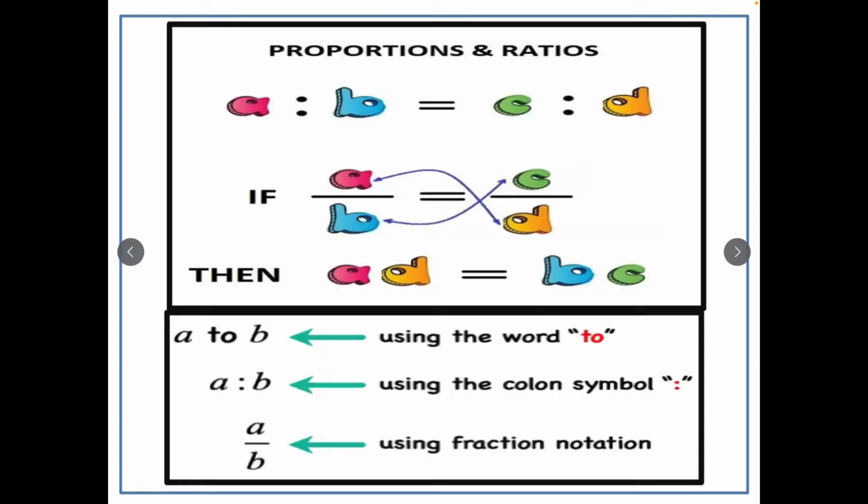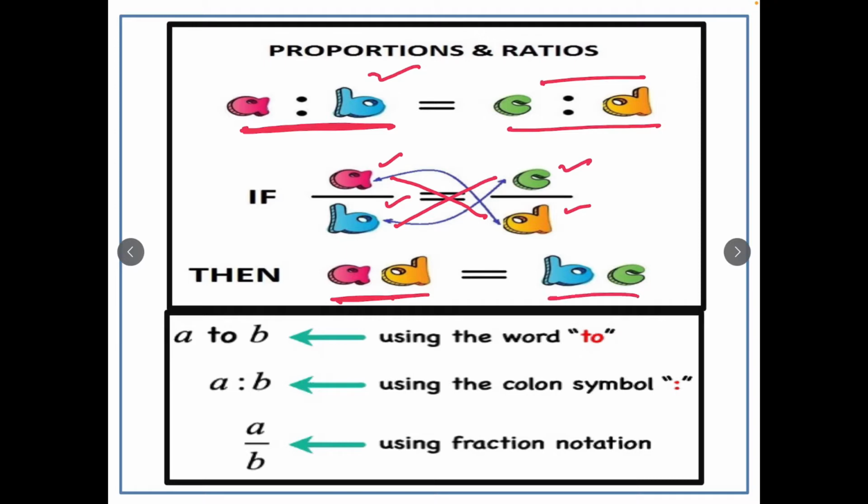One more thing you have to understand is that if you have two equal ratios, A ratio B equals C ratio D, then we can write this as A divided by B and C divided by D. When you are going to solve this, we do cross multiplication. That means A will be multiplied with D and B will be multiplied by C. So here it will come A into D equals B into C. That's how we solve different problems of proportion and ratio.